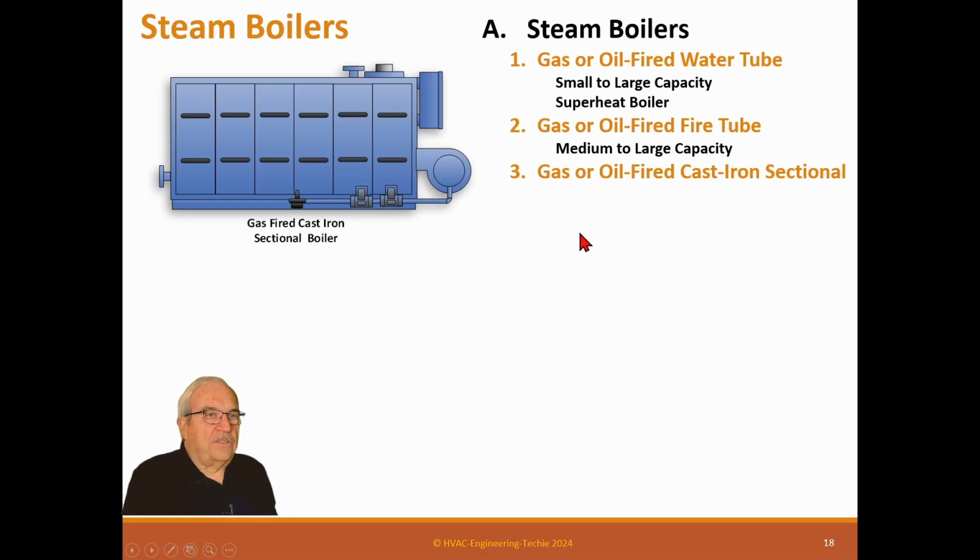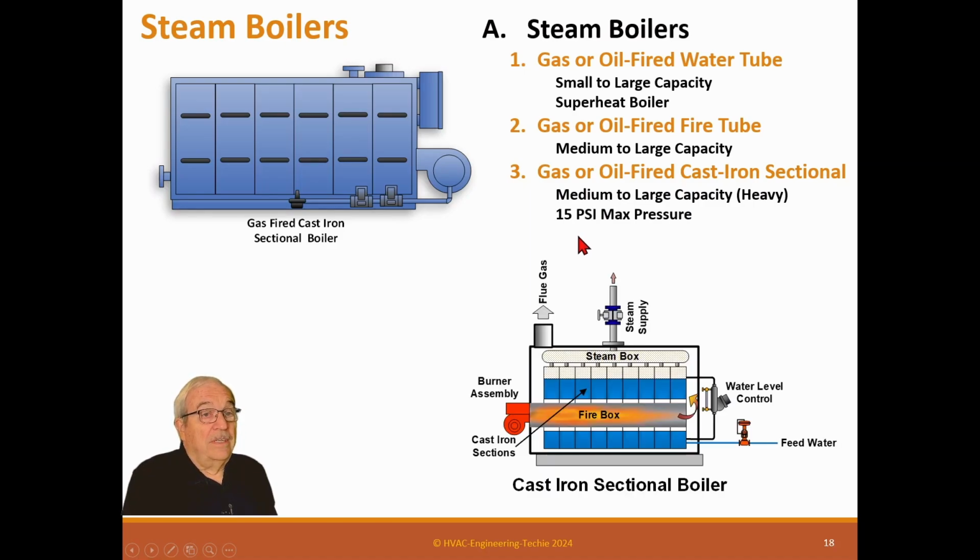Now, cast iron sectionals are the oldest type of boiler, medium or large capacity, but the problem is they're heavy because they're made out of cast iron. So here's a cast iron boiler. You see these sections. Normally, for little bitty ones, they're packaged. But on bigger ones, they actually bring these to the site and construct on site because of the weight. So they'll put one section and bolt it together until they get all the sections together, and they pipe up